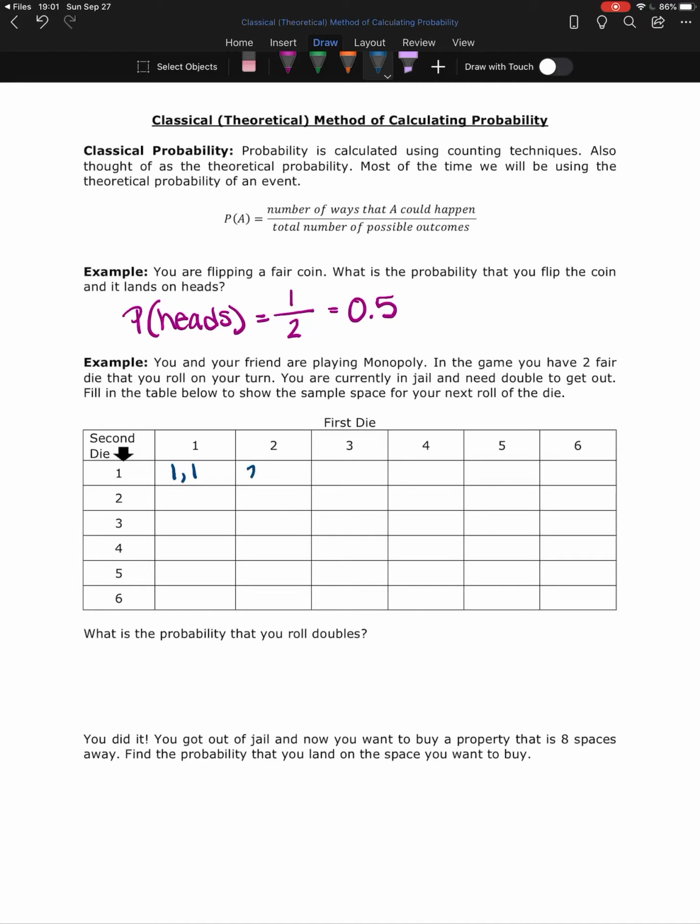Then I have a 2 and a 1, a 3 and a 1, a 4 and a 1, 5 and 1, 6 and 1. So in all of these possibilities, the second die was 1, and it was the first die that was changing. So these are 6 possible outcomes if I'm rolling 2 die, but it's not all of them. Now we have to consider all of the possibilities where the